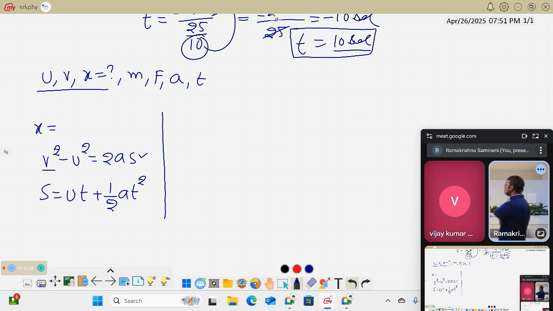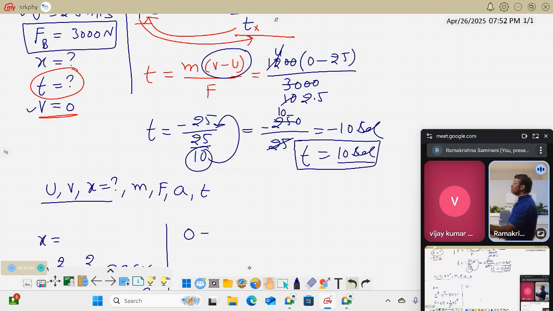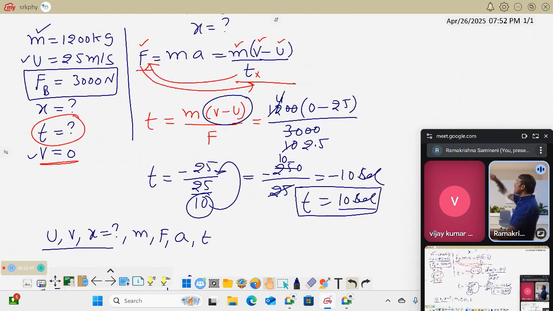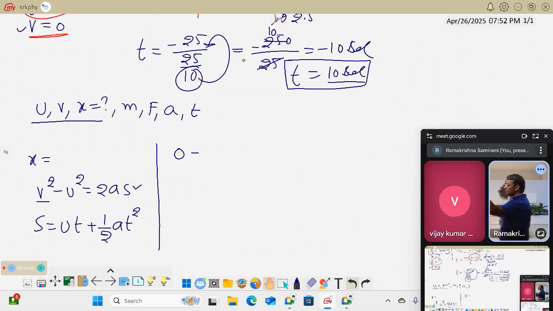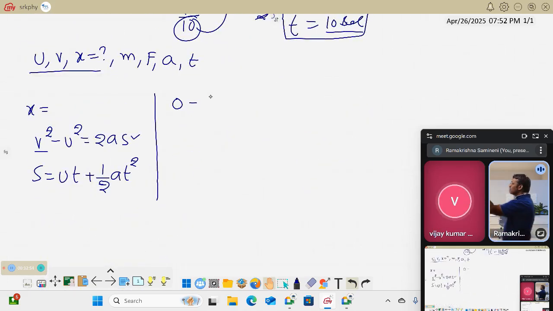What is the V value? The car is stopping. Stopping means 0, right? What is U? Initially, what is the speed of the car? Not 0, finally 0. It is stopping, stopping means 0. Initially how much? 25 meters per second. That means U is 25. U square means whole square. So 25 square is equal to 2 into